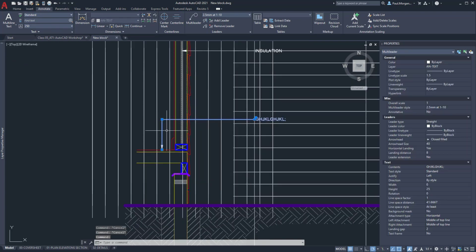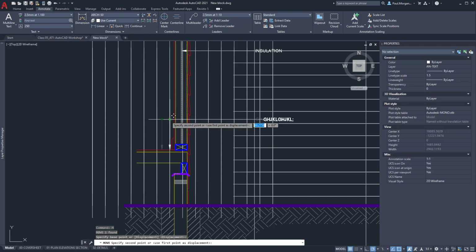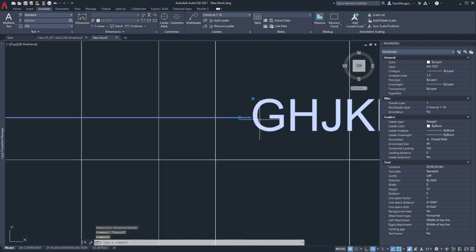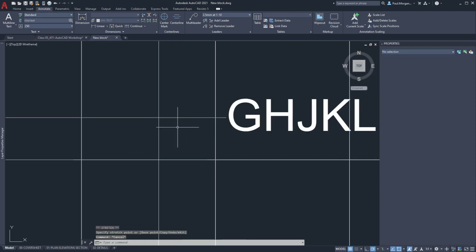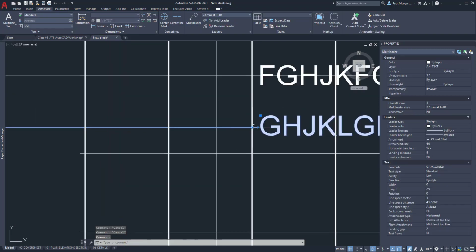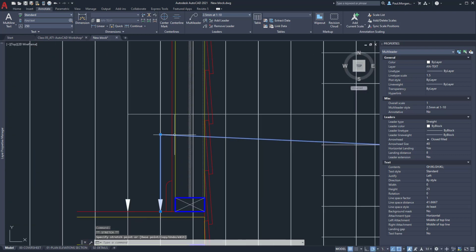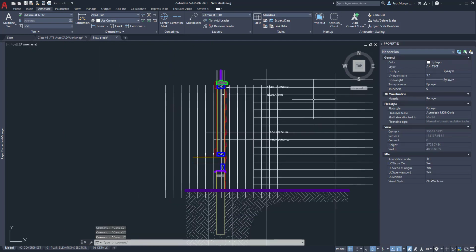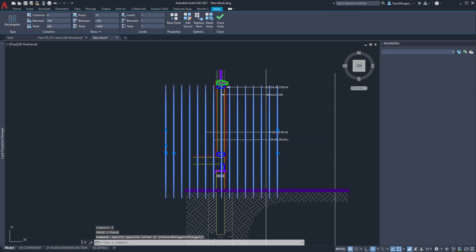So I know that if I do another multi-leader, what I'll do is I'm going to move this to there, move that back to there, and this way I know if I do another multi-leader and I go to there, I'm going to go from there, okay, and this one here, okay. Again, that looks like a real mess at the moment, but once I start deleting these, you can see